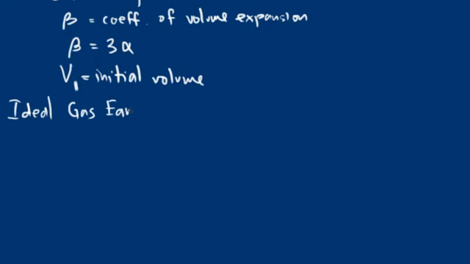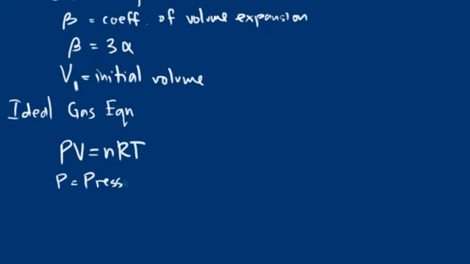So we have here the ideal gas equation, PV is equal to nRT, where P stands for the gas pressure,